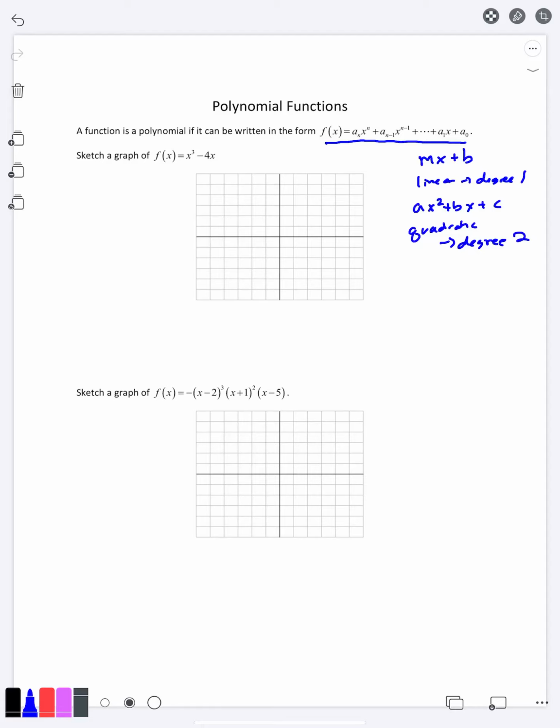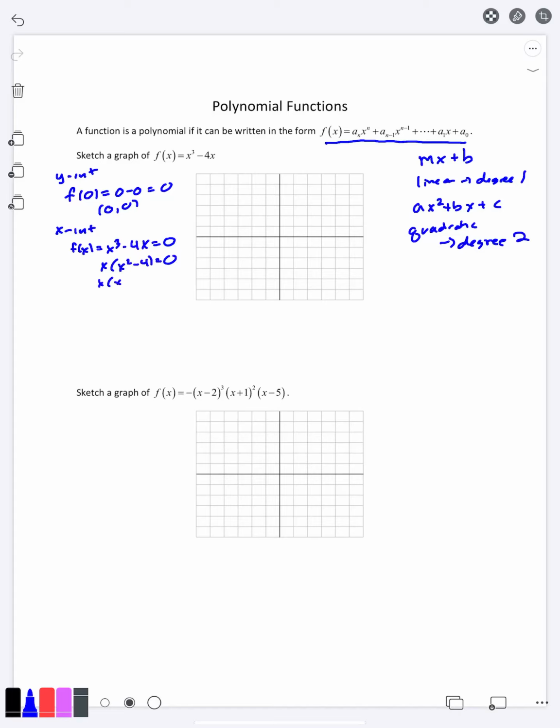Now, when we are going to deal with polynomial functions, the primary purpose for that right now is so that we can draw a graph of it. And there are going to be several things that we're going to need to take into account when drawing a graph. First things first, we're going to want to find our y-intercept. That's the easy part. All you do is plug in 0, and we get a y-intercept here of (0, 0). We would also like to know any x-intercepts, and for that we take our function and we're going to set it equal to 0,